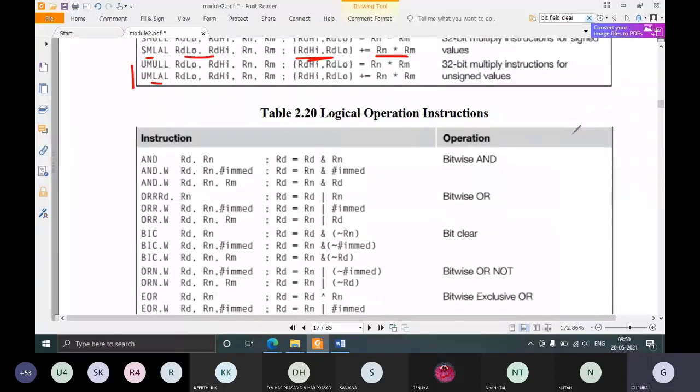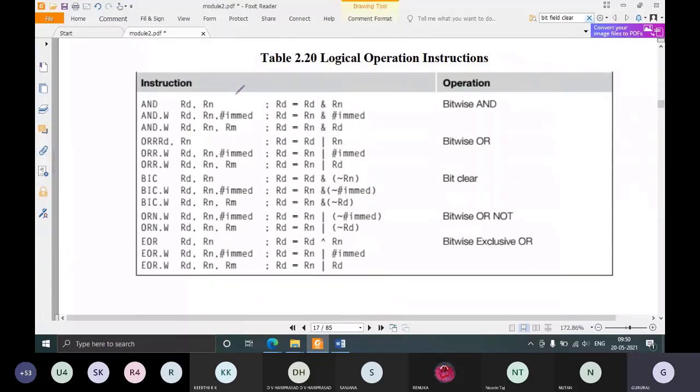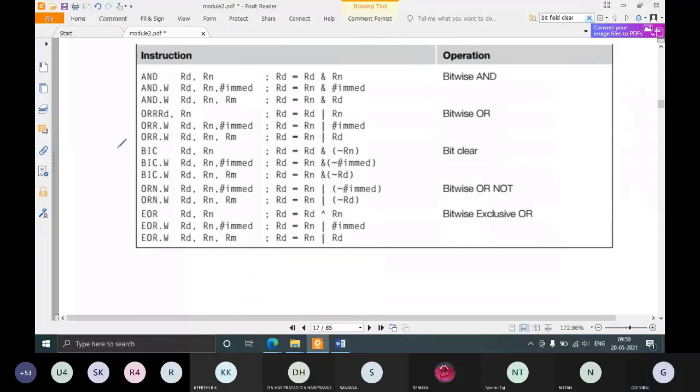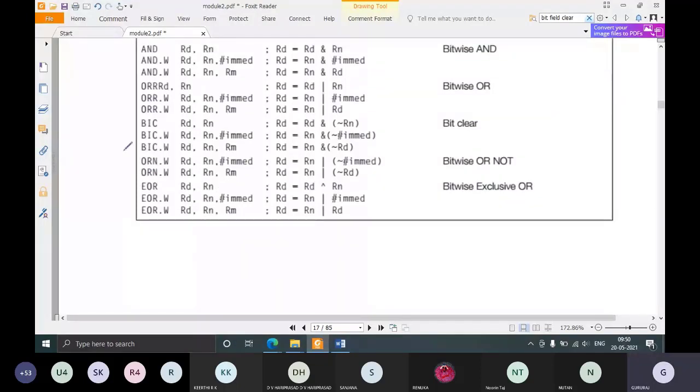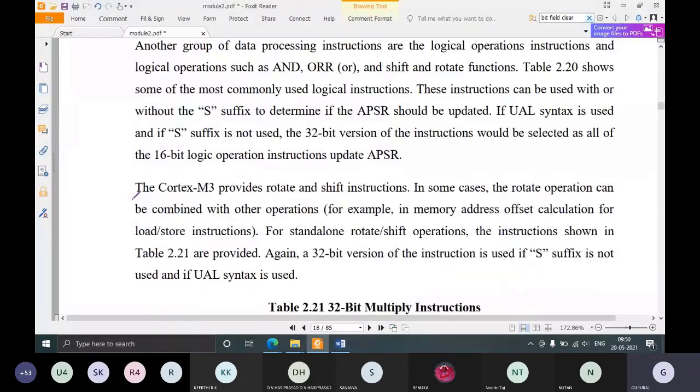Next are the logical operation instructions: logical AND, logical OR, logical XOR. This was already discussed in the previous session.